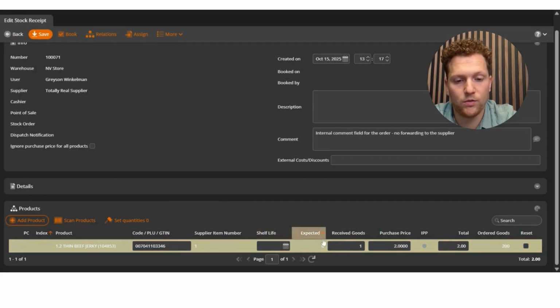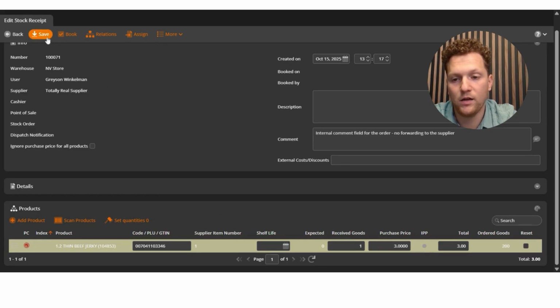And then it'll show you the received goods. If this was coming from a stock order, it would show you the expected amount and then the current purchase price. And then we can adjust this here as necessary. We want to increase that to $3. And then as you'll see, if you increase or decrease the price, there's a little icon here on the left-hand side, and it'll tell you how much this increased or decreased depending on what you enter in here. So also, just like the stock order, we'll want to save this